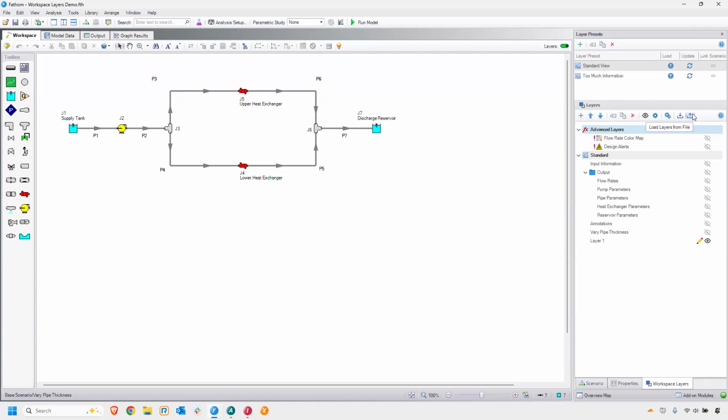So this cooperates with the previous visual report feature, so you can actually load your visual report control directly into here, and now you're able to save your layers configuration as well, so you can have some standards